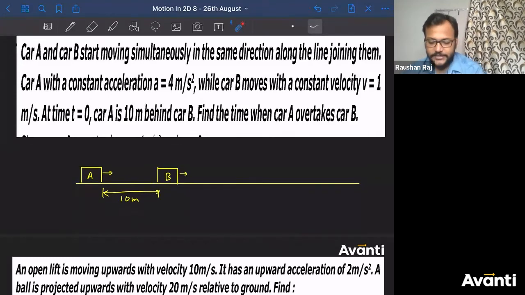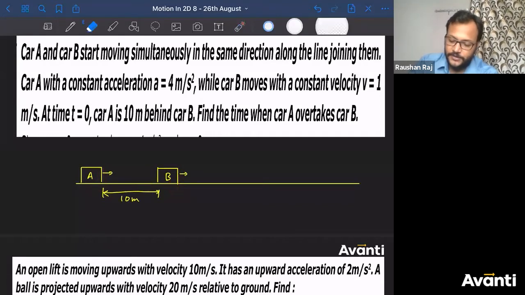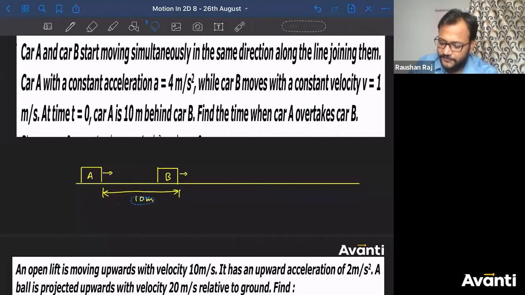Can I represent the distance between A and B like this as 10 meter, or something else? When we are talking about the distance between 2 points, it doesn't matter where you have taken these 2 points. So this is the distance. When we talk about a rigid body like this car, if you have taken the front part of A, the distance of car B from car A must be from the front part of B also. Otherwise it gets a bit confusing. So this distance will be considered as 10 meter. These are the very few basic things that you should understand. All right, so this is the condition at t is equal to 0.